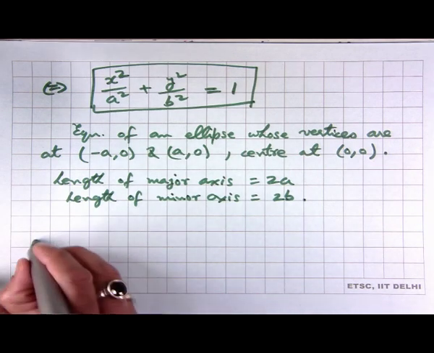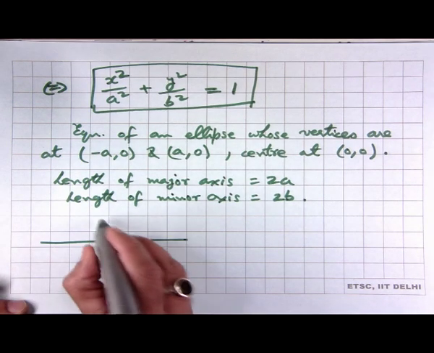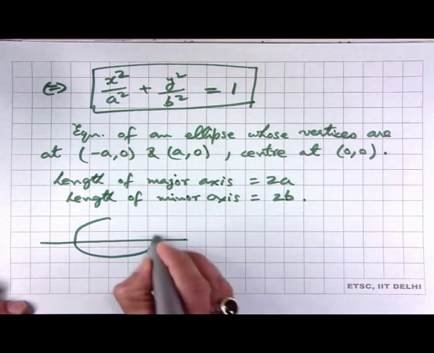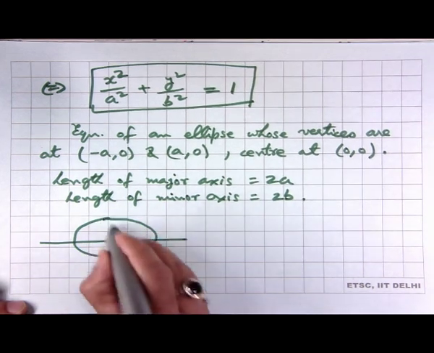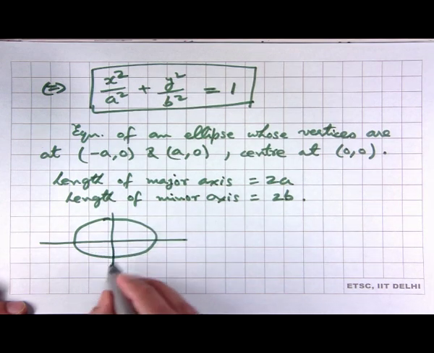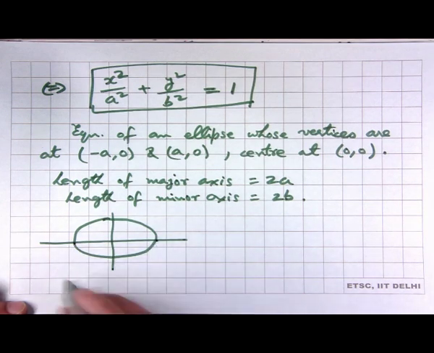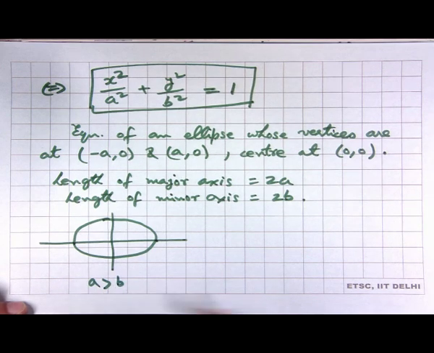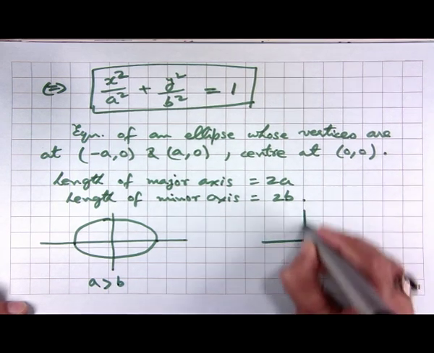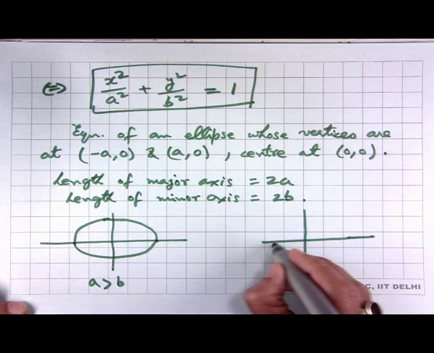So, we will get an ellipse like this. This is the case where a is bigger than b,